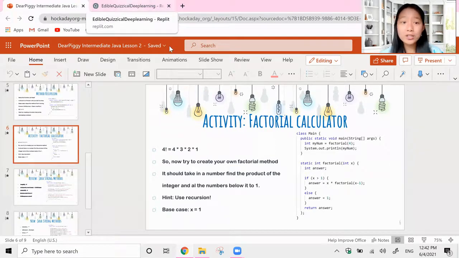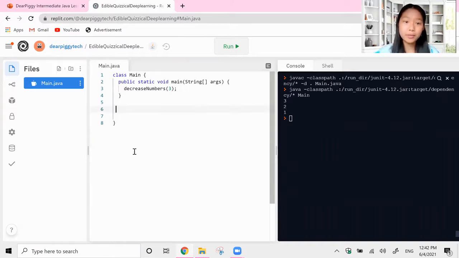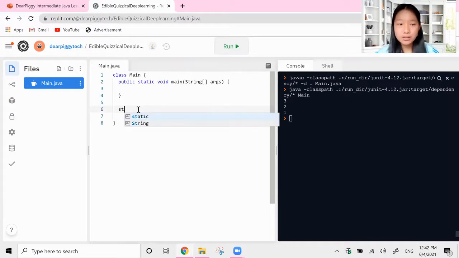So let's go ahead and jump right in. It's going to be a little bit confusing at first, but we'll write the code, make sure it works, and then run it, and then we'll think about it from the compiler's point of view. Again, let's get rid of all this stuff from before. We know that to create functions, we have to write them in the main class, but not in the main function. So static, this time we're going to return an integer, so static int